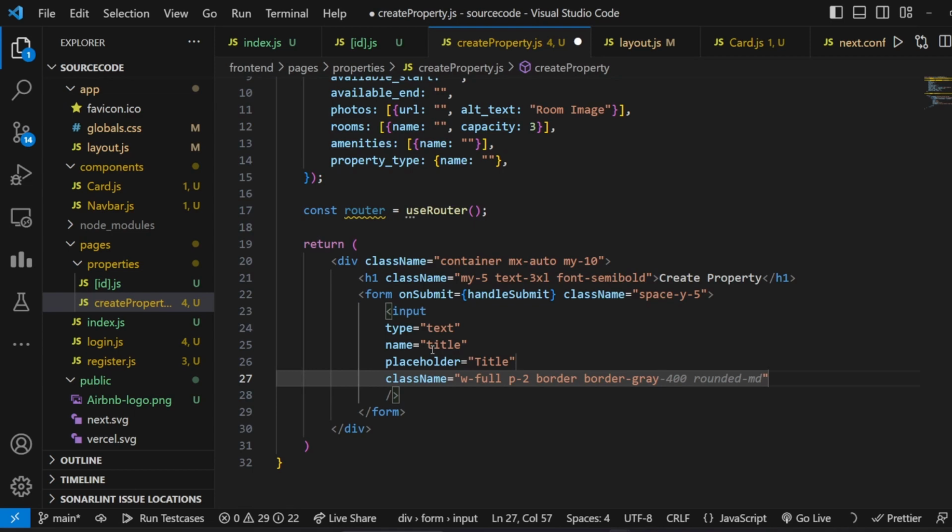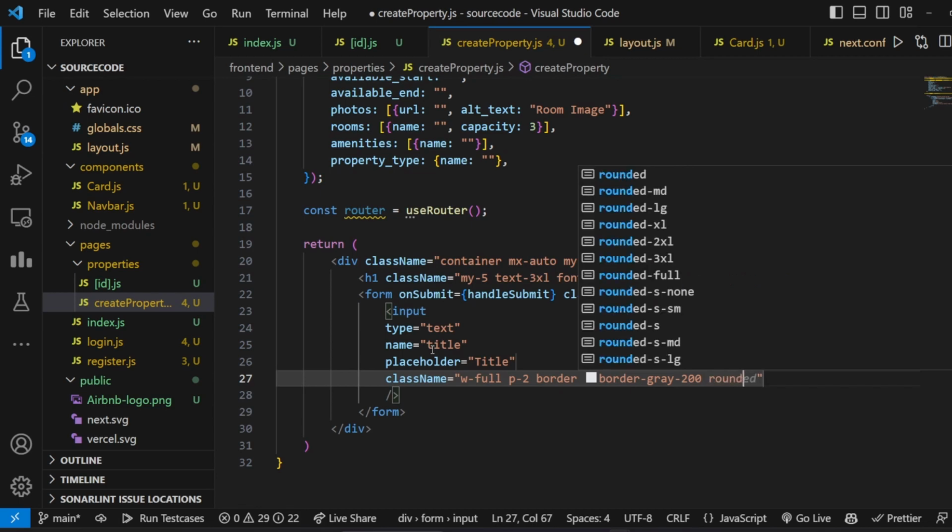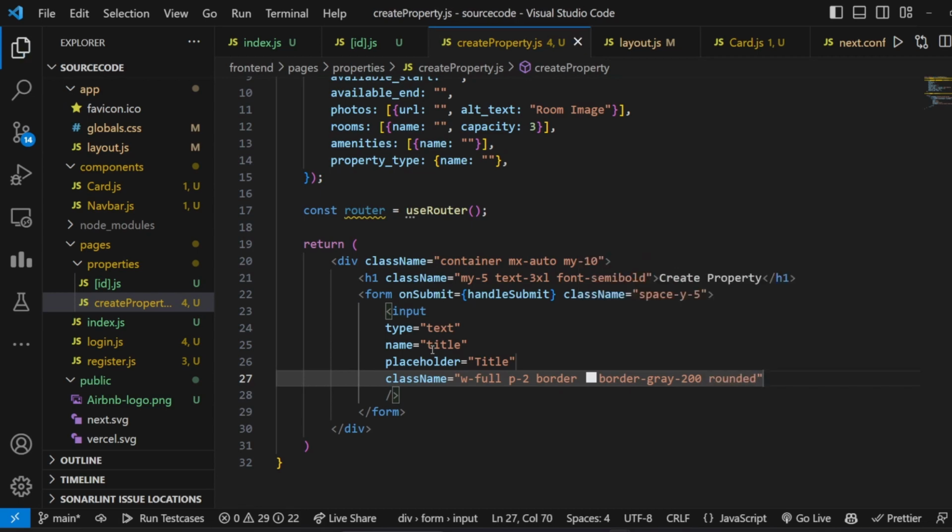So for submit, then border gray 200, be rounded, save. And similarly to the input, I just want to create a text area field, and will contain